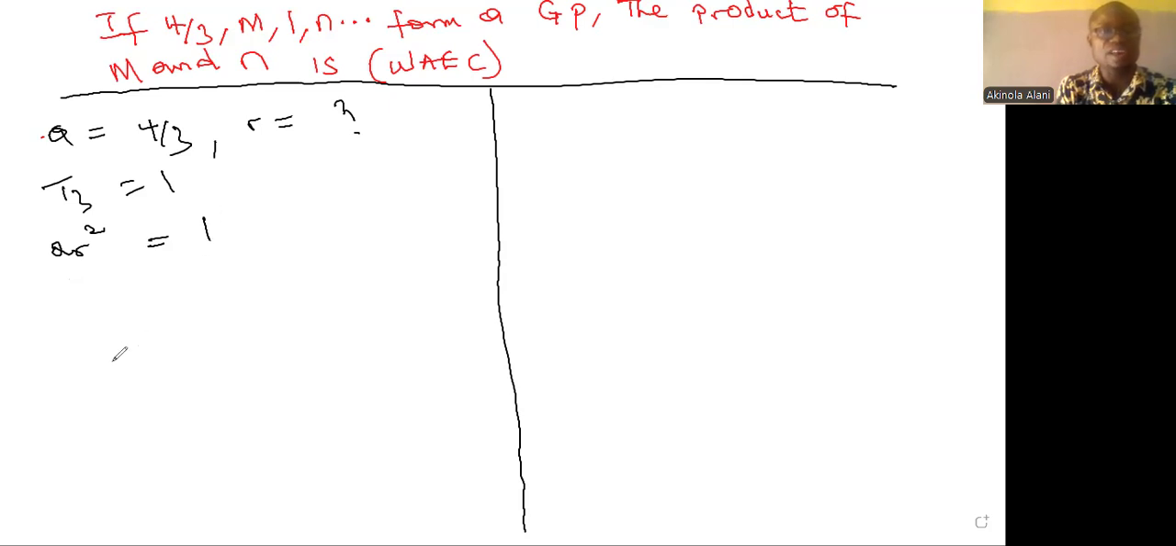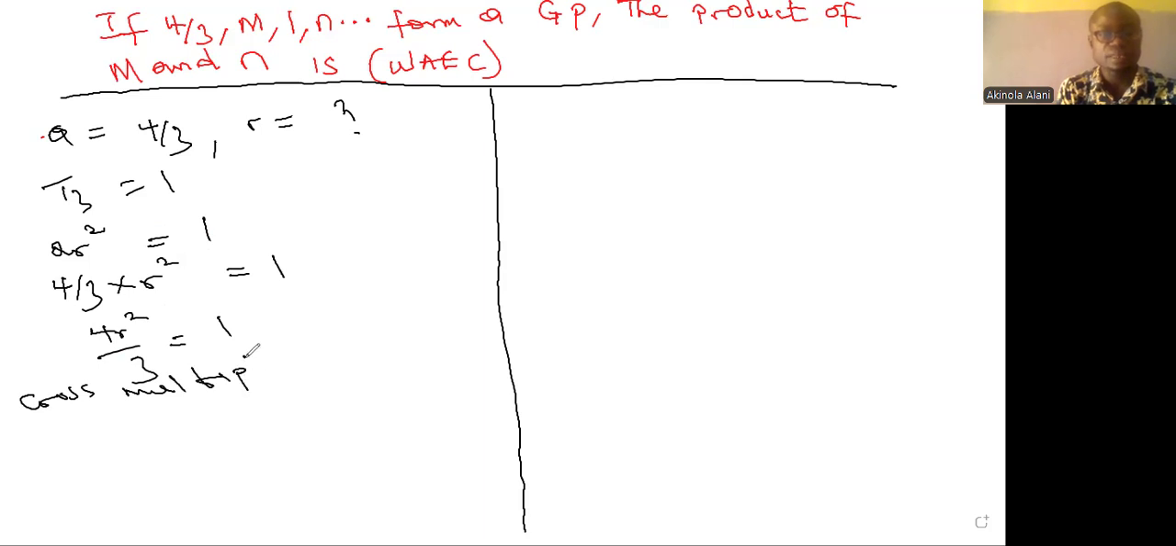Now, I know the value of A, which is 4 over 3. So I can say 4 over 3 multiplied by R squared is equals to 1. Now I can find the value of R. In this case, I'm going to have 4R squared over 3 is equals to 1. So if I cross multiply here, I'm going to have 4R squared is equals to 3. So if I divide both sides by 4,